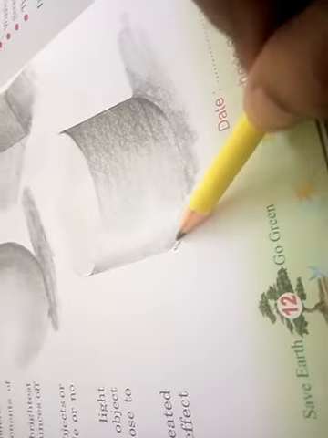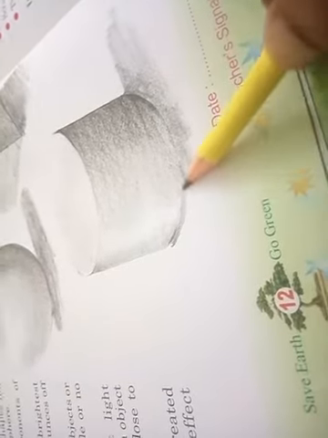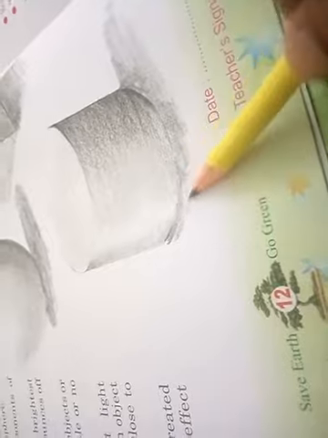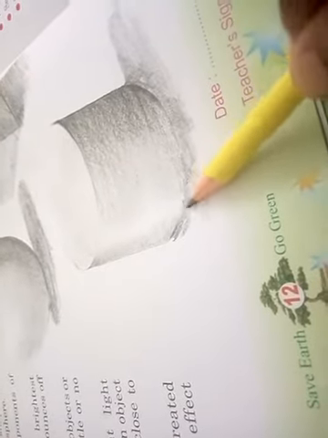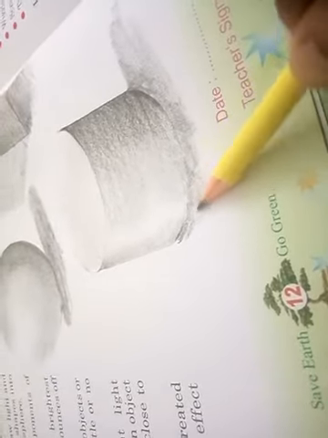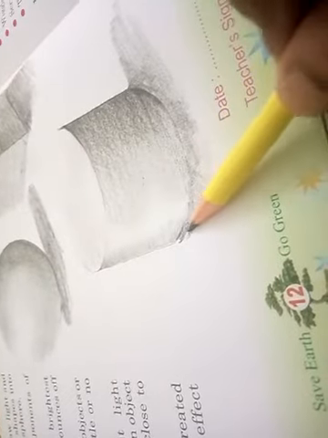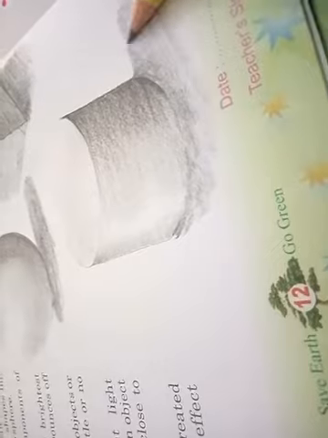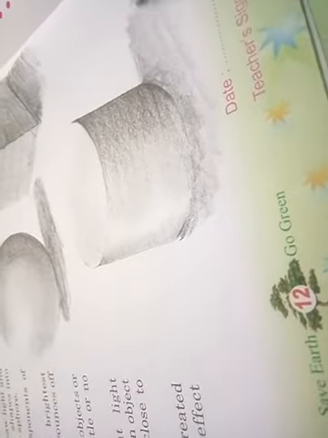Because shadow is to the light part, and this part can use dark.